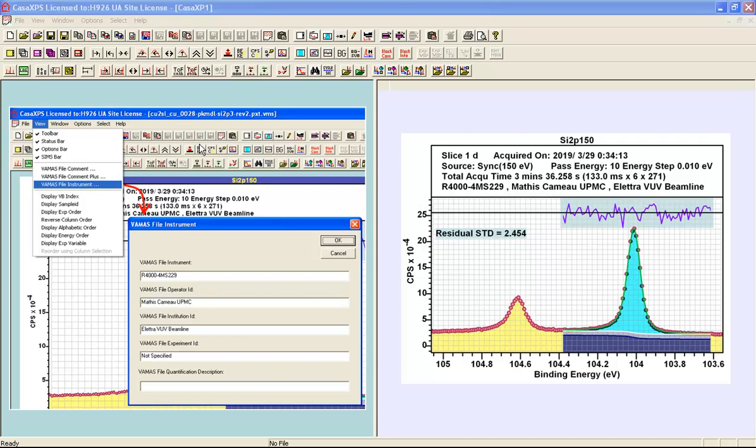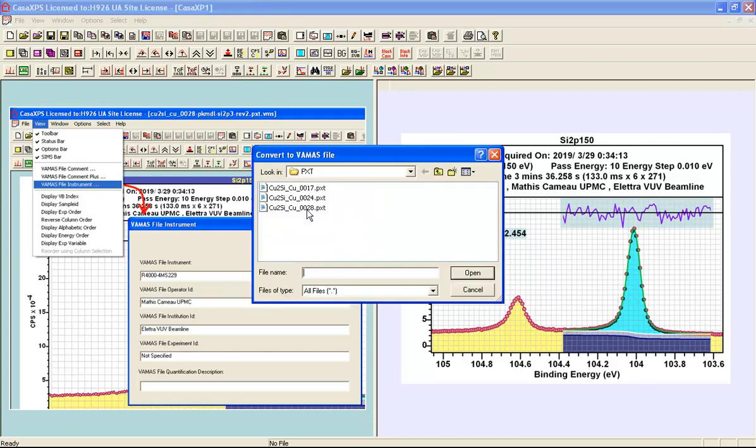The file format used by CasaXPS is the ISO standard, which is also referred to as the VAMAS format, and data can be converted to this format from other formats using the Convert to VAMAS File dialog window. In this specific directory there are a set of PXT files, and this is a binary format that is generated by a Scienta Omicron system, and it includes spectroscopic data as well as additional context data in the form of